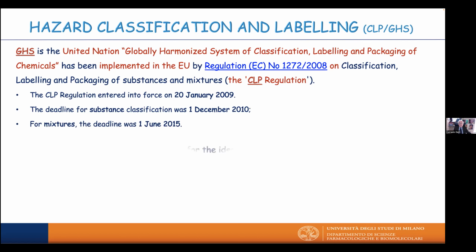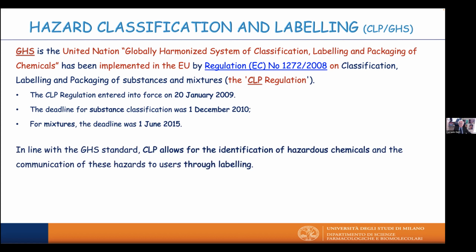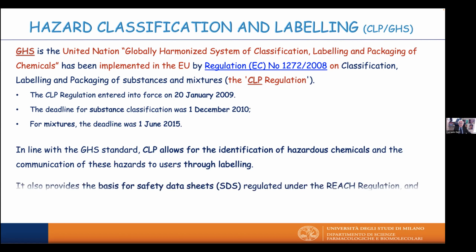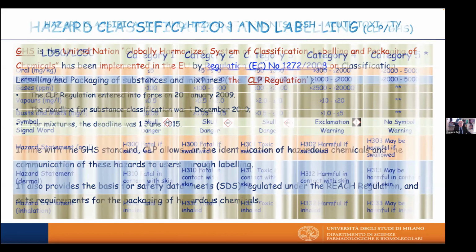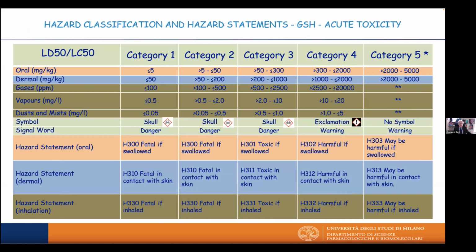See that the GHS and the CLP regulation from ECHA, the European Chemical Agency, is something that will not help the toxicologists, because they classify chemicals on the basis of the hazard. And so when you classify the chemicals on the basis of the pure hazard, you see this table. You have just